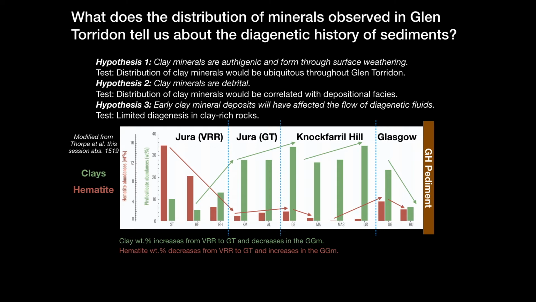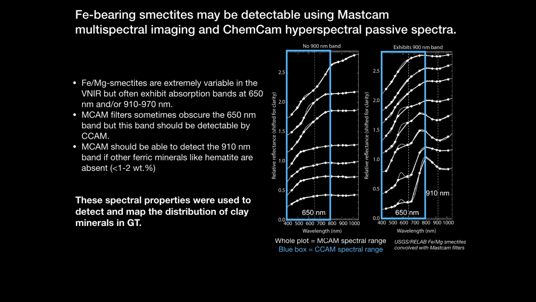Overall, you get an increase in clay abundance in Glen Torridon until we reach the Glasgow unit. And then the opposite trend holds true, where you get a decrease in hematite throughout the Glen Torridon unit that increases slightly within the Glasgow unit. In particular, iron-bearing clay minerals may be detectable using VNIR imagery onboard Curiosity with both the Mastcam multispectral images and